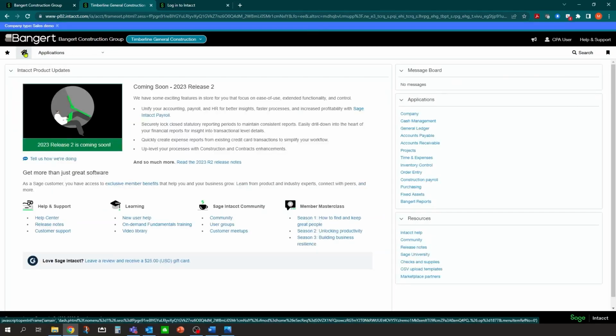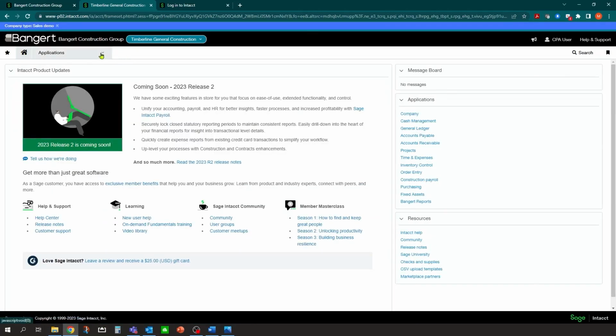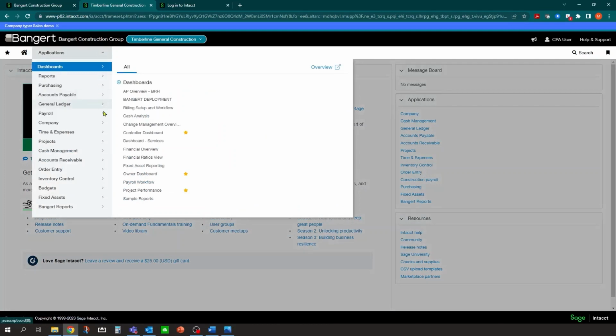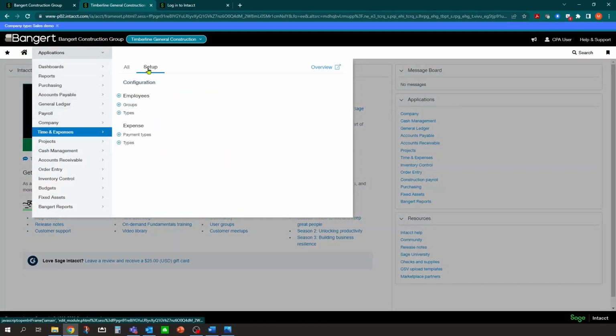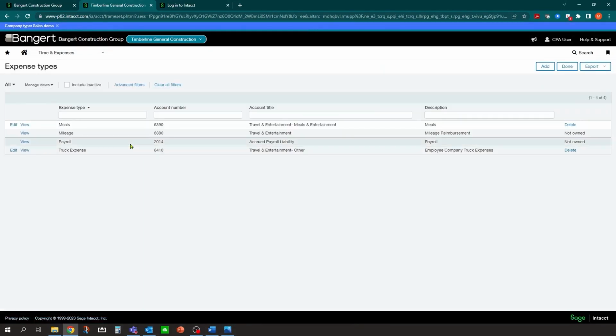Back to home. So now the next thing you're going to want to do before processing expenses is in time and expense under setup, you have expense types. And you want to go through and set up the different types of expenses that you may possibly have for an employee. And what's going to be nice here is the employee, if they're entering their own expenses, they just need to select the expense type.